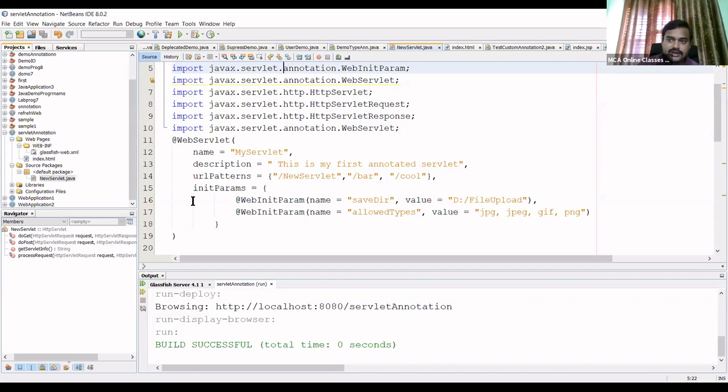So instead of writing that web.xml, you just write @WebServlet and define your URL pattern. That's it. You can run your servlet successfully. Later, if you want to pass any initial parameters to the servlet when you initialize it, you can pass them using one more annotation called WebInitParam. So this is about this annotation. It is a very small topic.